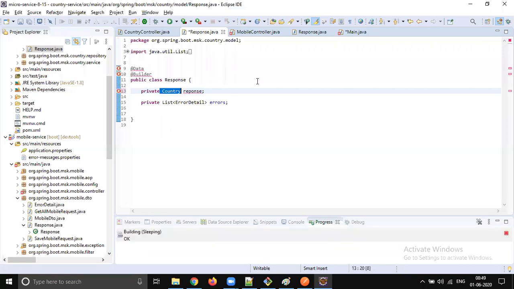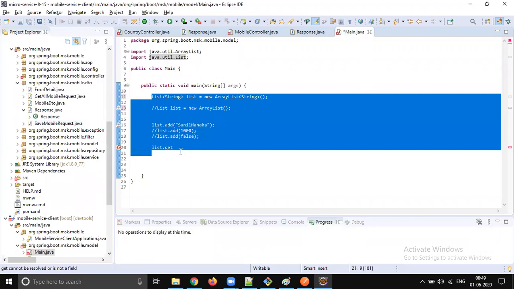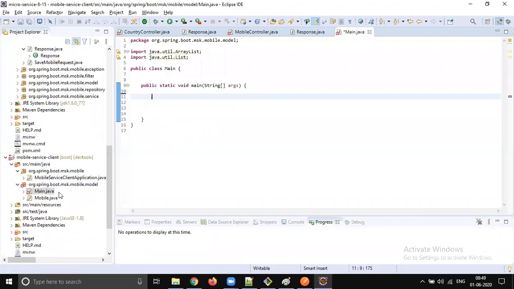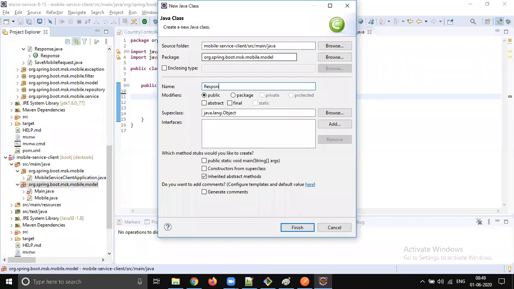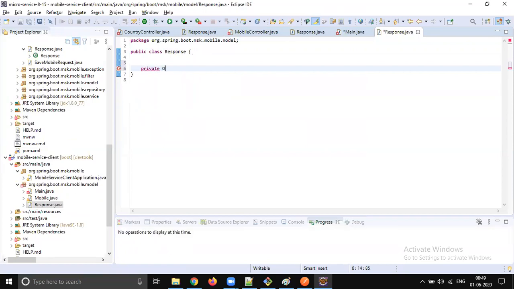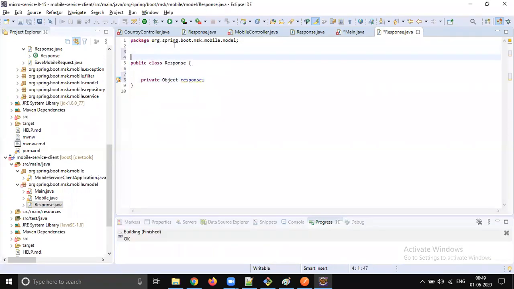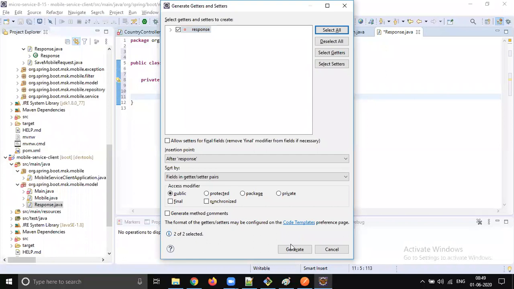How to do that? We will play with our sample example. For example, here you have a class called Response. Let me quickly create Response, and it has a property of type Object. Just try to simulate the same scenario. I think the project Lombok is not added to the client, so let's quickly add the setup.